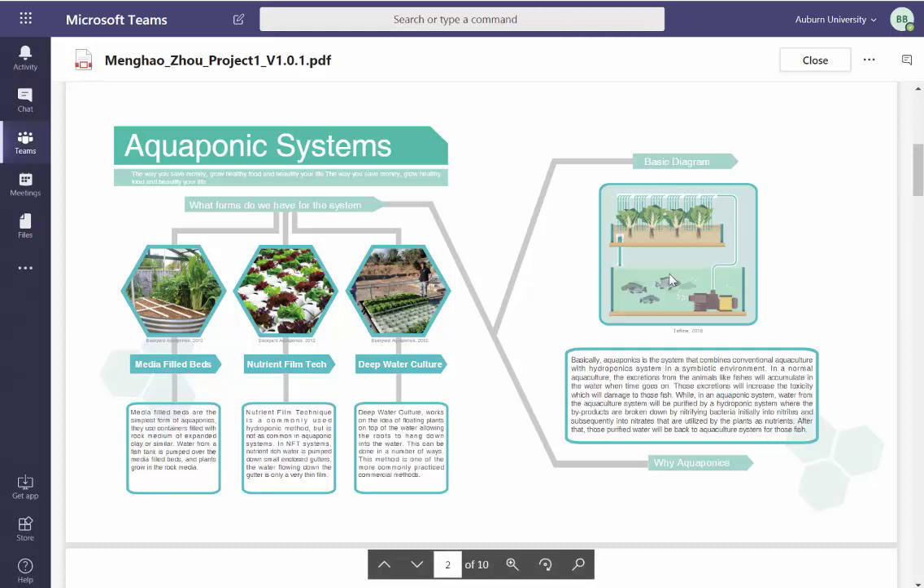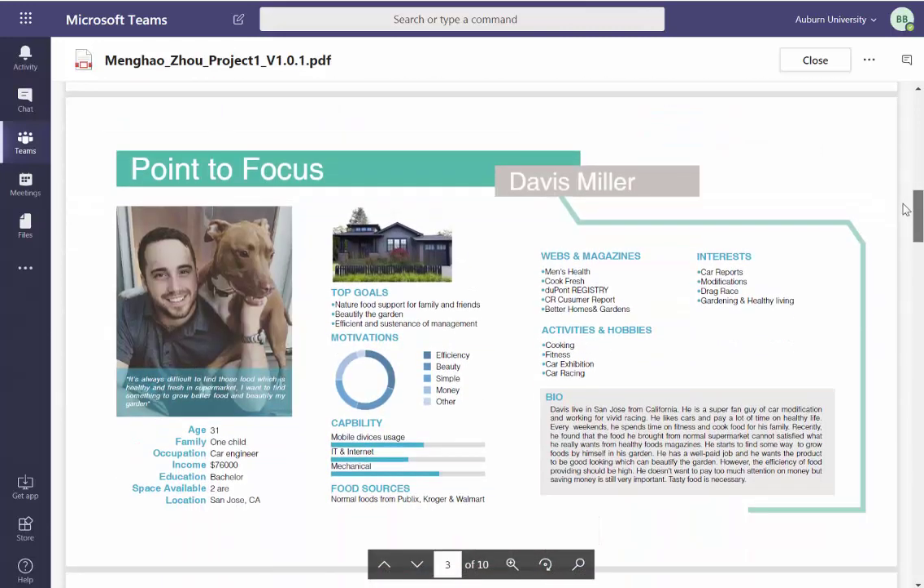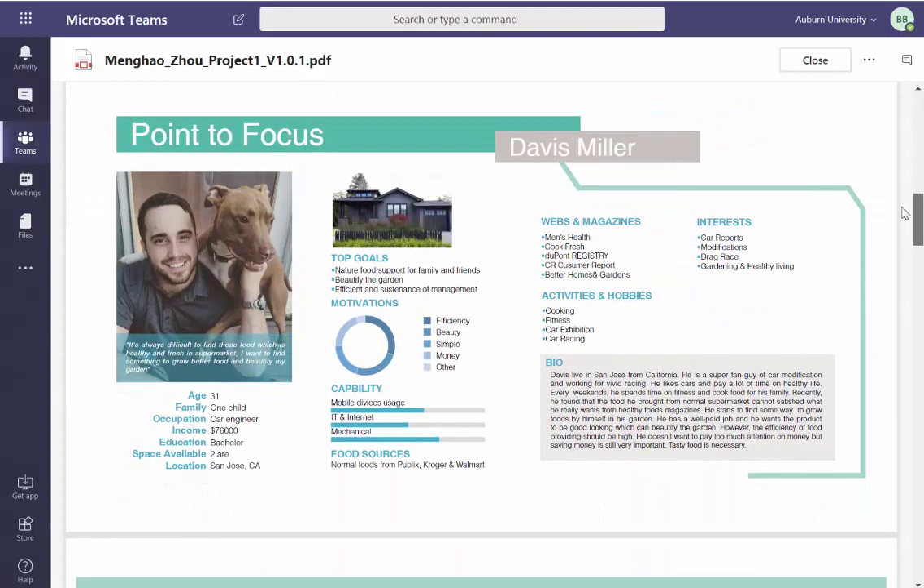Let's go for a bigger diagram because once we see this, we have a better understanding of what you mean by aquaponic systems. And then once we understand aquaponic systems, why? Why do we do the project? What do we want to design? What do we want to fix? Points of focus. All right, you're designing for